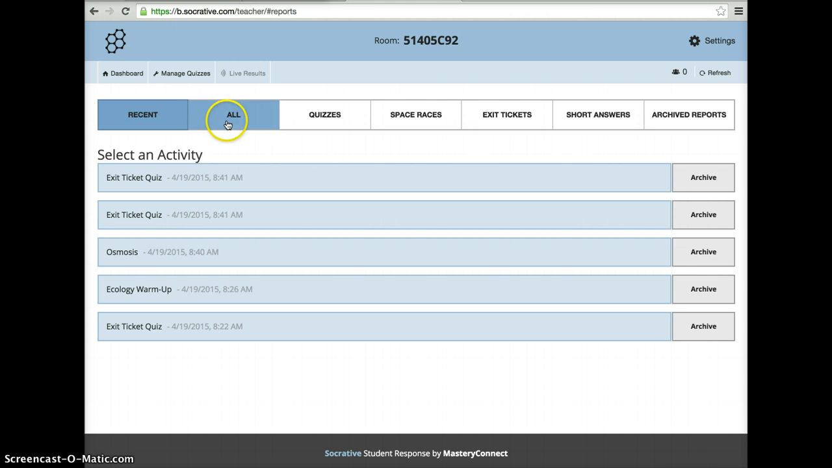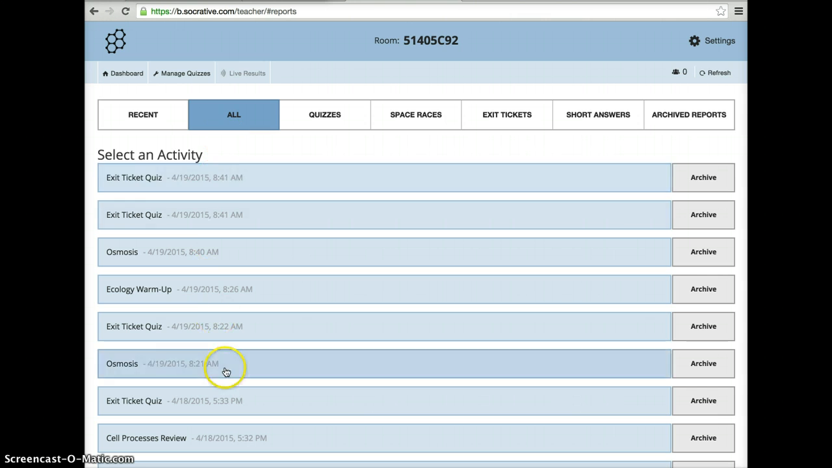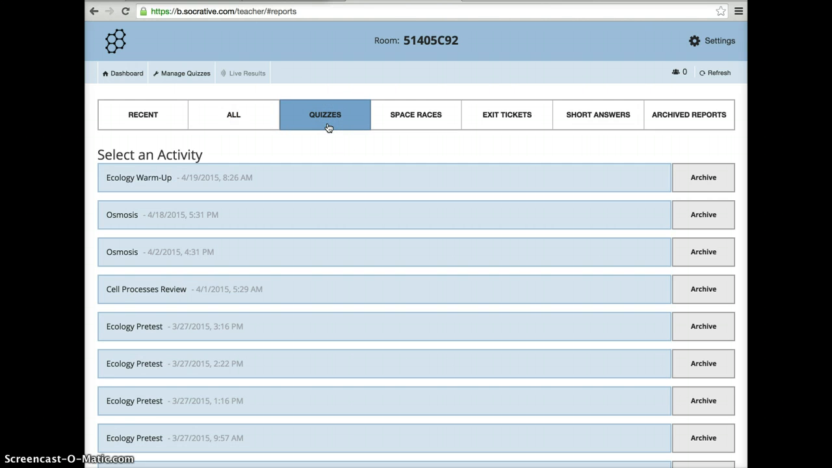I can look at all of the different quizzes that I've offered. I'm sorry, all would also include any of the other things listed right here. Under quizzes is just going to show the quizzes generated. Space races,